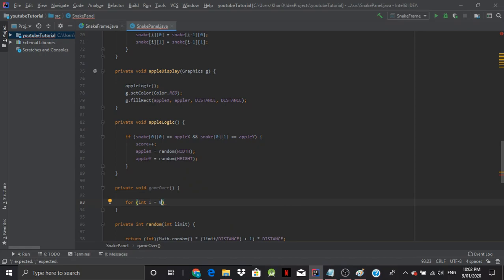So how would I do this? We'll set i to 1, I believe, while i is less than or equal to score, i plus plus,